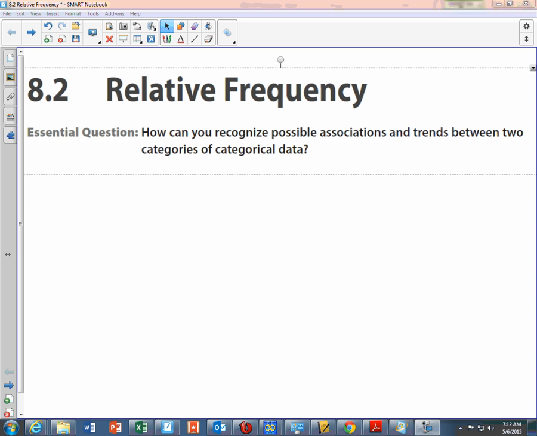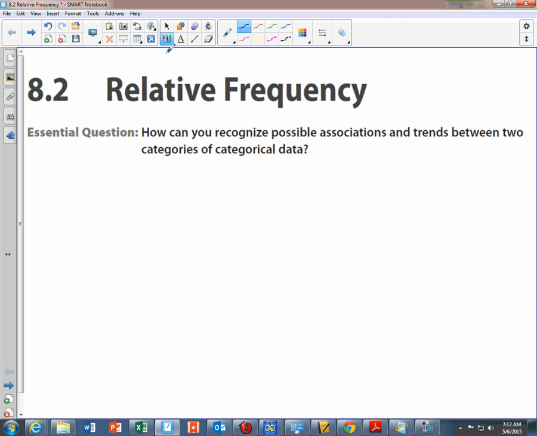So you're going to need your book again, and honestly, you're probably going to need a calculator, whether that be on your phone. It could be a really basic calculator. It doesn't have to be one we use in class. So in your book, we're going to be on page 359,